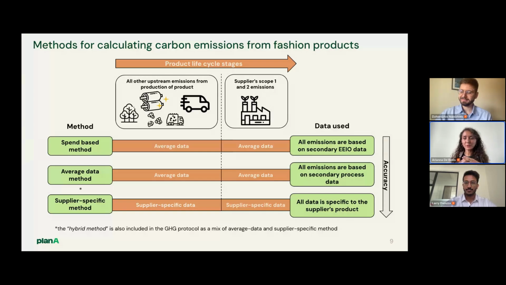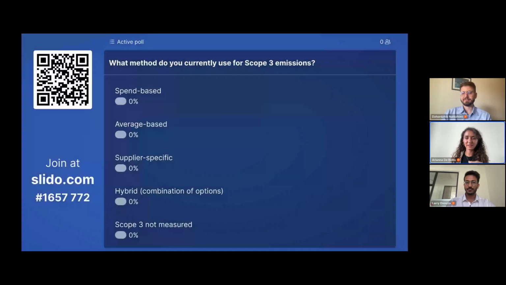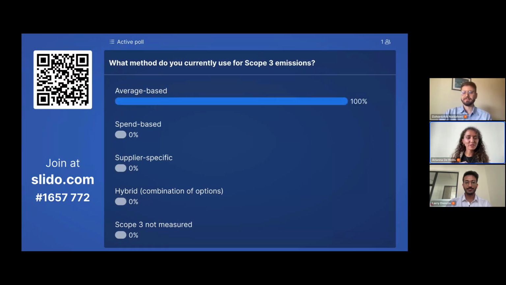And we are going to understand what it means to use each one of these methods. But first, I would be extremely curious to know what your experience is. If you already have gone through this, using these methodologies, what is the method that you have used? Or if you're going to use them in the future, what do you think would be the method that you would use? Or if you have not at all measured your emissions,